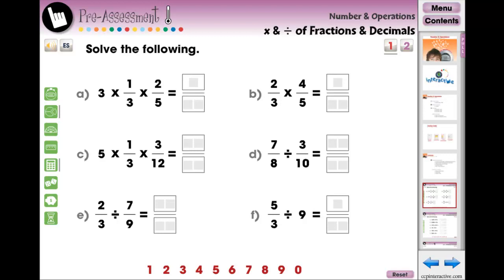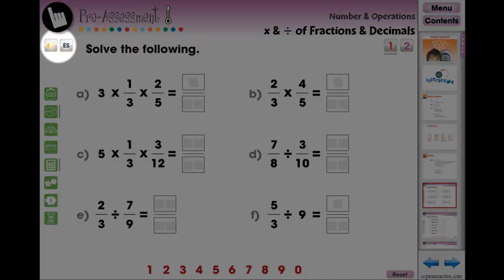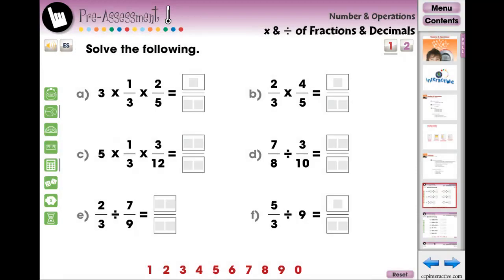The 5 chapters start off with 2 screen pages of pre-assessment activities to see what your students already know about the current topic. Each screen page provides English and Spanish voiceover and text. This is great for ELL, English language learners, ESL, English as a second language learners, Spanish language learners, and Spanish as a second language learners.